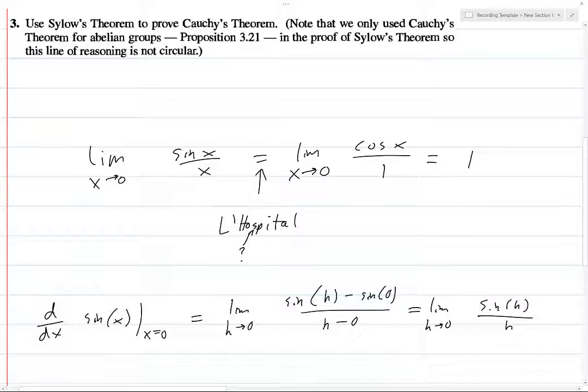So the reason you know that the derivative of sine is cosine is because you've already done this exercise before, and you must have done it in a different way, because you wouldn't have been able to use L'Hopital's rule here, because it's just circular. Turns out the way that you do this is you use the squeeze theorem. And that's why you're able to prove it really early on in calculus, because you don't need much to know